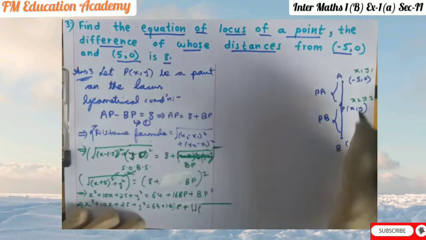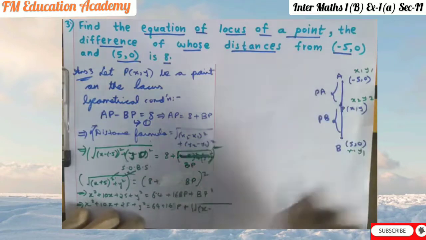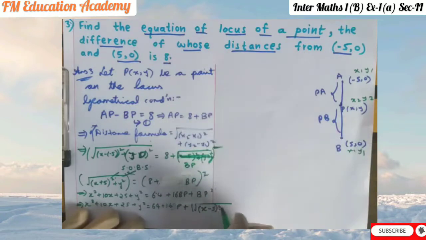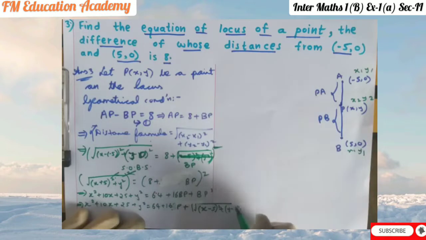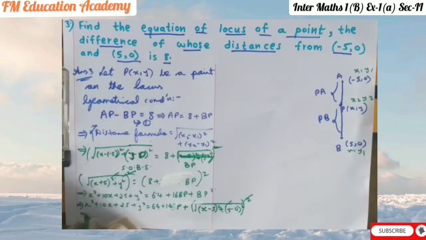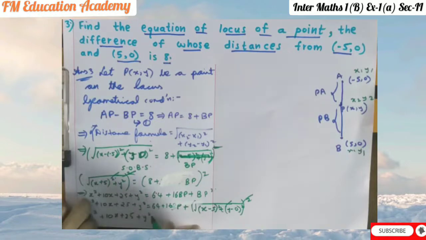We have x2 here. x minus x1 is (x − 5) whole square plus y2 minus y1, what is y2 here? (y − 0) whole square, and since it is square it will come whole square. Now square and root will get cancelled here. Now we are having x square plus 10x plus 25 plus y square is equal to 64 plus 16 BP plus